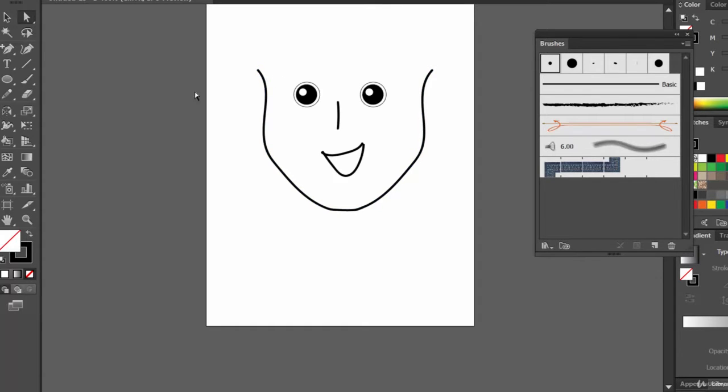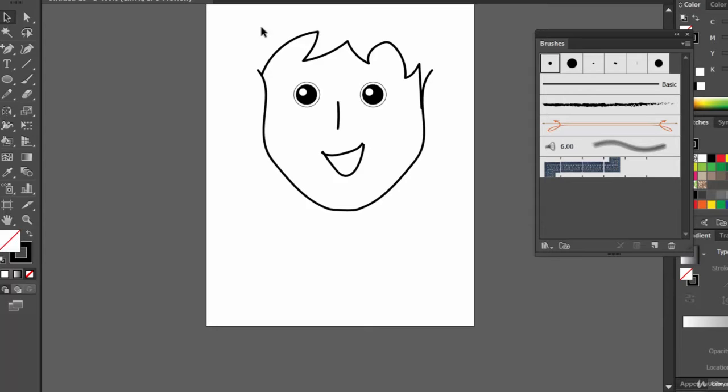Okay, so now we will draw the hair, or the head. So for drawing the head, okay, there you go. So this is hair, you can say.